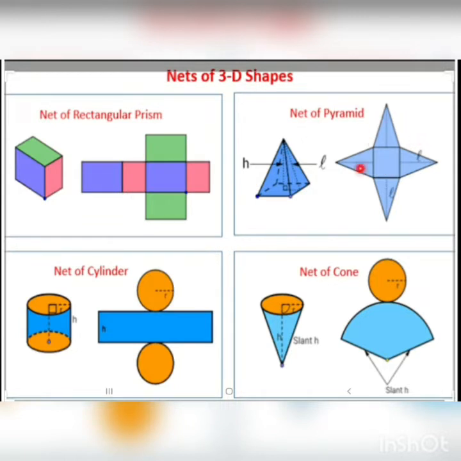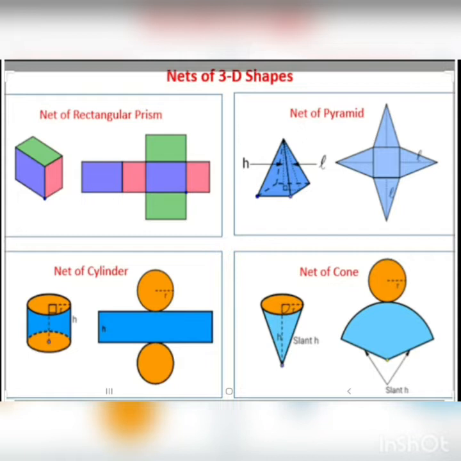Next, this is a net of what? A square pyramid, because the base is a square and other sides are triangles. So it's a pyramid with square base. Now this is the net of a cylinder. When folded, we get the body of the cylinder, and these two are the closing of the cylinder. Now this is the net of a cone. That means from a portion of a circle, that means a sector, as you have studied. If a sector is folded you will get a cone, and this is the closing of the cone.